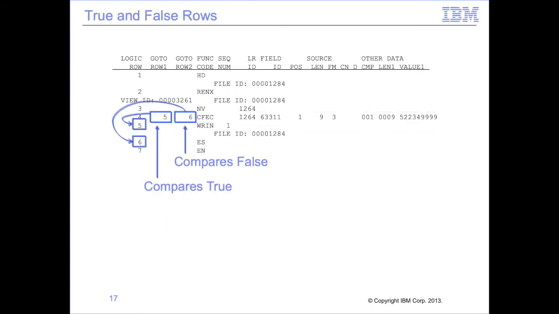The CFEC function uses the goto rows to indicate what should be done based upon the test. If the current event record constant comparison proves true, the row in goto row 1 is executed. If the comparison is false, goto row 2 will be executed. In our example, if the legal entity field contains a value of 522349999, execution continues at row 5, the WRIN function, which writes the input record. If legal entity contains another value, the comparison proves false, and the execution continues at goto row 5, the ES row. The ES function causes a loop to the RENX function, which causes the next event file record to be